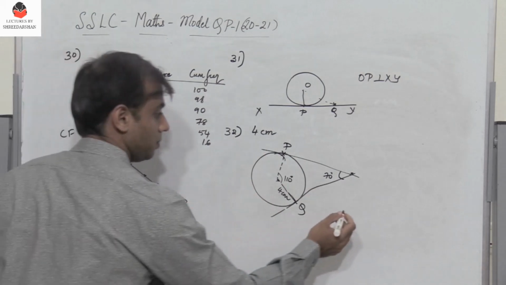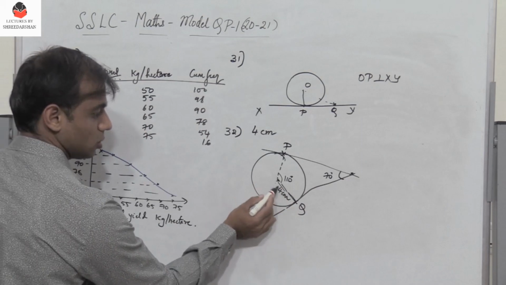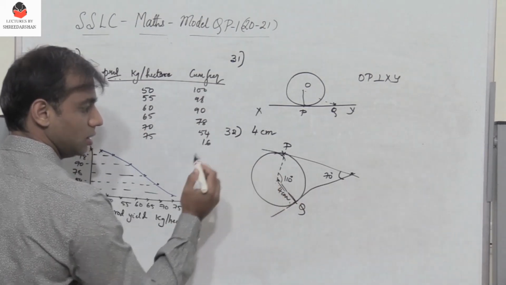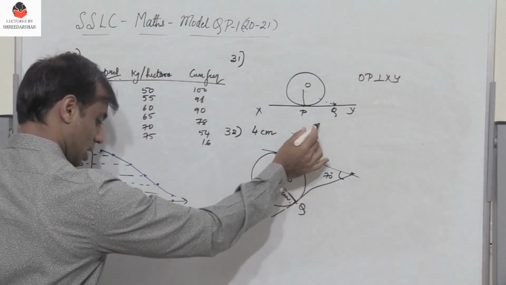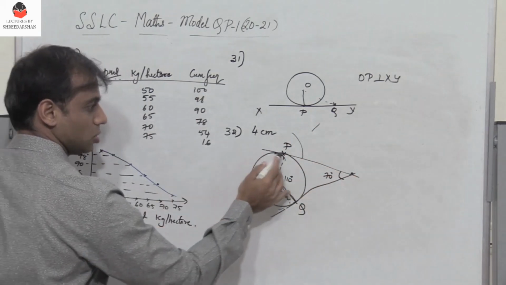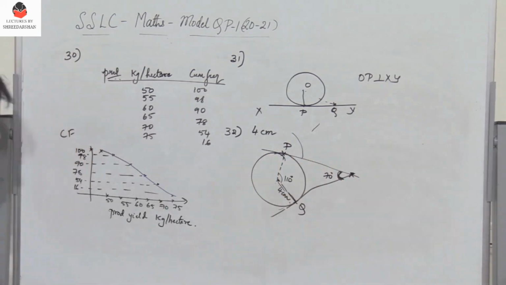So you consider, say, the radius first, draw the radius of length 4 centimeters, draw the circle, and then consider 110 degrees, draw a line, and with arcs draw the tangents at these 2 points so that it joins at a point, and this angle is going to be 70 degrees.